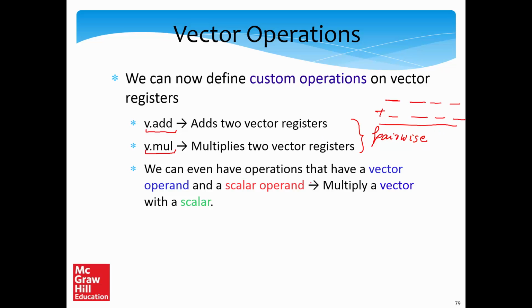We can also have other operations which are there in vector instruction sets typically, where we have a vector operand and a scalar operand and we multiply the vector by a scalar. For example, if we have the vector 1, 2, 3, we multiply it by 2. The final result becomes 2, 4 and 6. So all of this is possible. Modern instruction sets have many vector instructions depending upon the programmer's requirement.